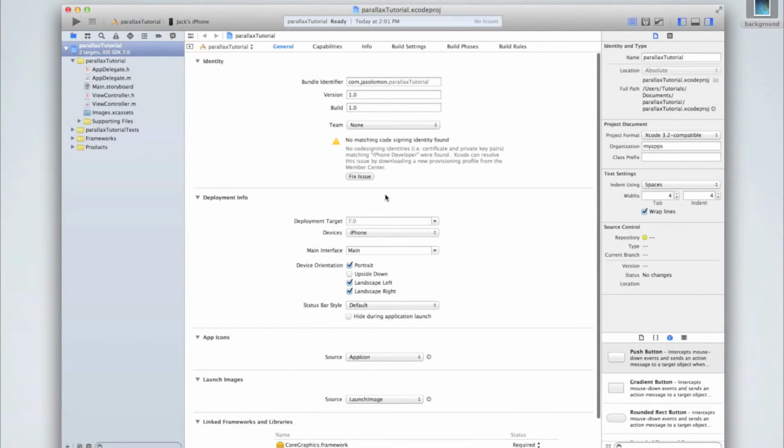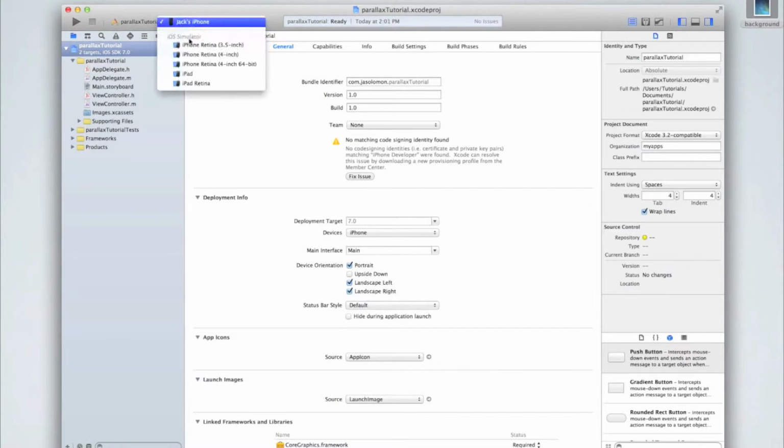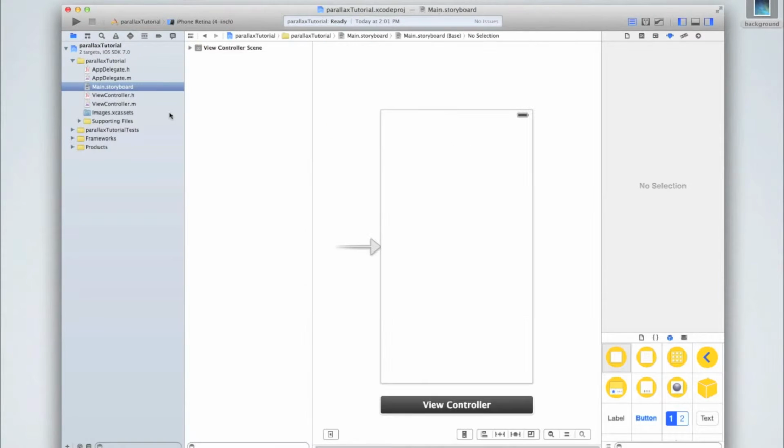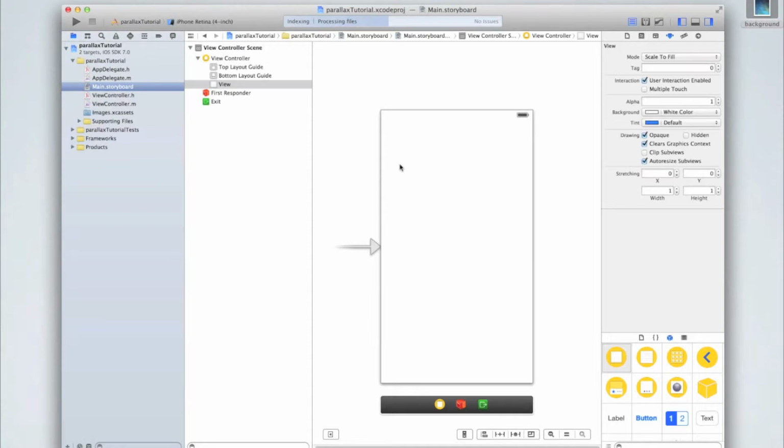It would work on both because both devices, I'm not sure about the iPad 1, but the iPad 2, 3, and 4, and Mini definitely have accelerometers. So I'm just going to go back to the simulator. Okay, so let's go to our storyboard to begin, because we're going to have a lot to do in the